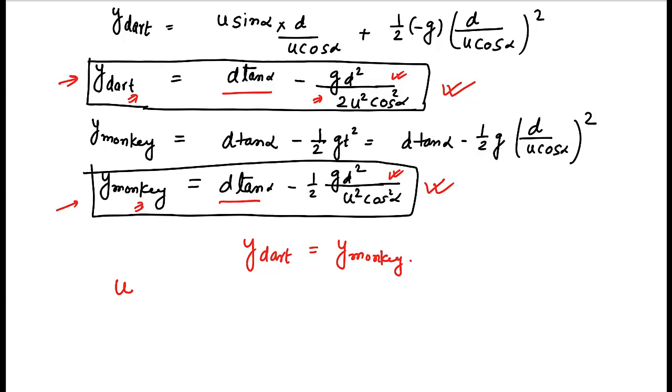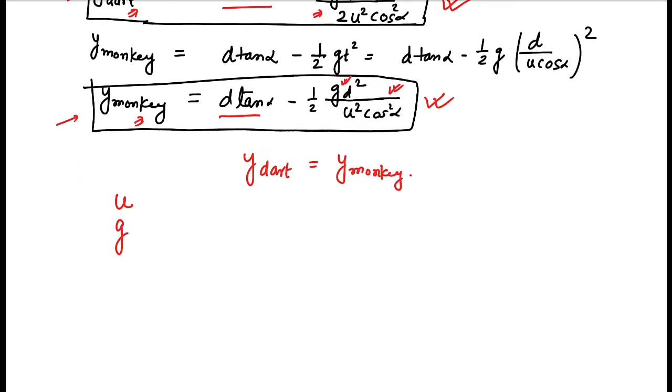Similarly, this also does not depend upon the value of g. Either you can take the gravity value 9.8 or you can take 10. Whatever the value of g you have, it will be reflected in both equations, y dot as well as y monkey. So finally y dot and y monkey will be the same. So this formulation is independent of the initial speed of the dot, and also independent of the value of gravity. You can do this exercise at places where you have lesser gravity or higher gravity. In both cases the dot is going to hit the monkey.